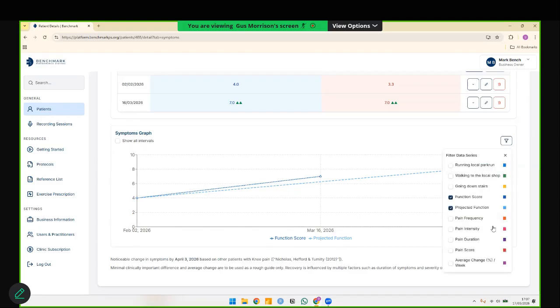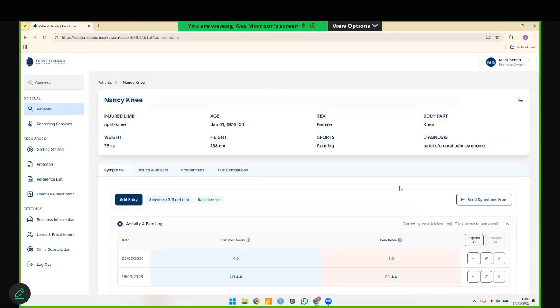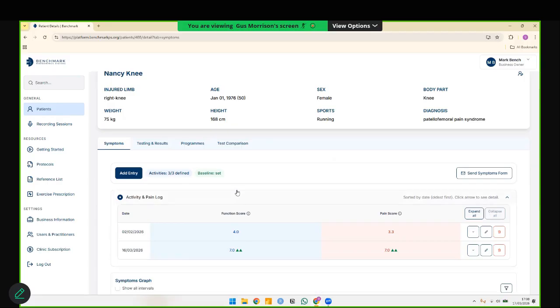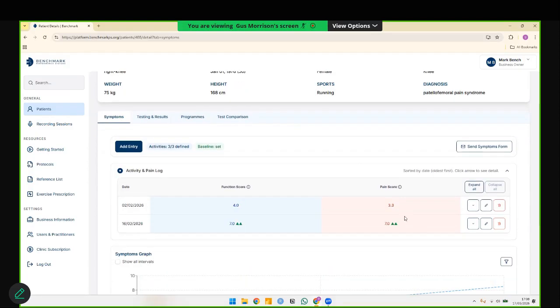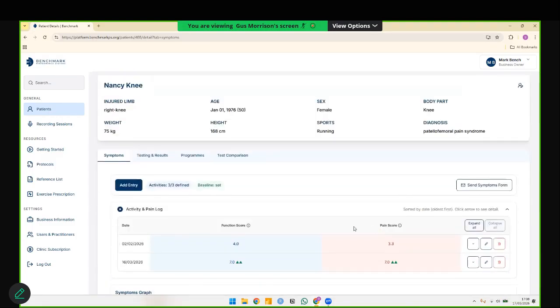For the pain score, we're using a custom scale, a three-dimensional scale, meaning we don't have enough data yet to start projecting improvements in pain. But the more data we collect, the more we can feed that back and create these feedback loops. So the outcome goal is the function and the pain score. That's the ultimate end point. This allows us to, one, collect that information easily, two, follow up and see changes over time, and three, compare to what would be a normal progression. So once we've done that,